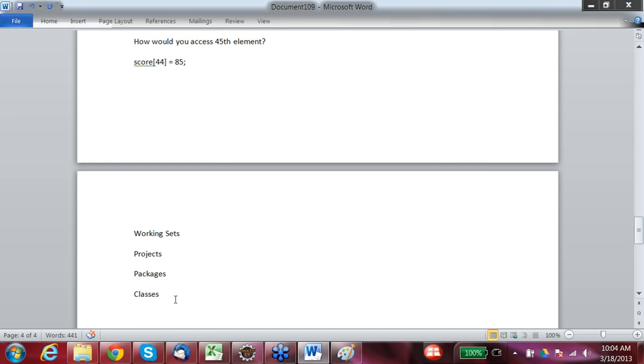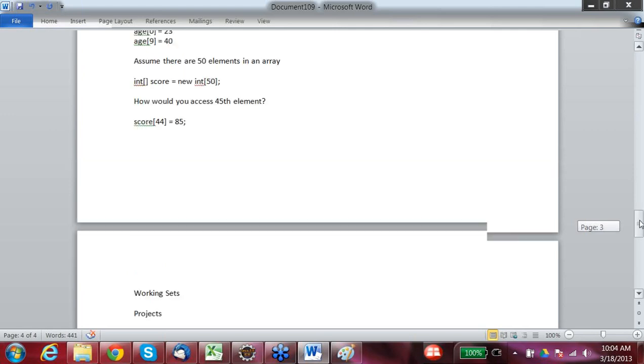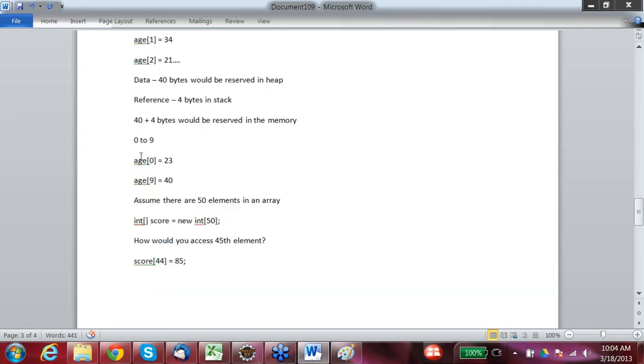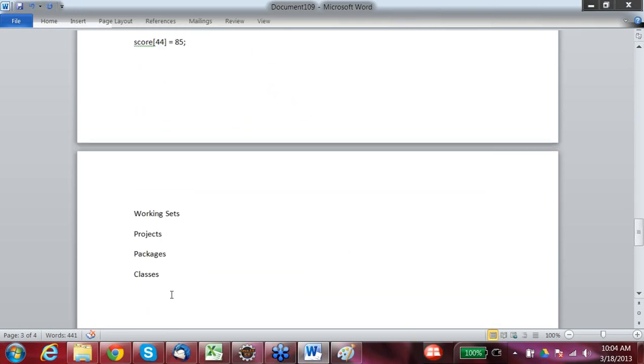In object oriented programming, a particular element is defined in a class. Here we have basic data types: integer, float, double. I can create my own data types, like an array of books, array of persons, array of students. I can create my own complex data types, as we create complex data types in SQL.